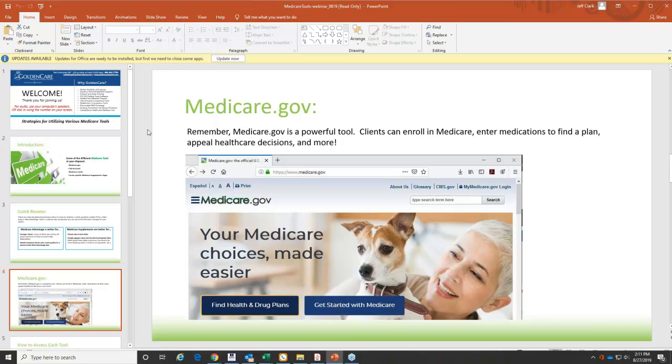Part A kind of happens, you still have to sign up for it, but that's always going to be the effective date of your 65th birthday or your birth month. So I tell people to go to Medicare.gov, see if you are indeed enrolled in Parts A and B. They enter their own information. They can find that out, or they can simply call the Medicare number, which I tell them to do to make sure,